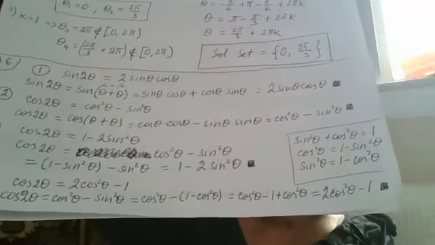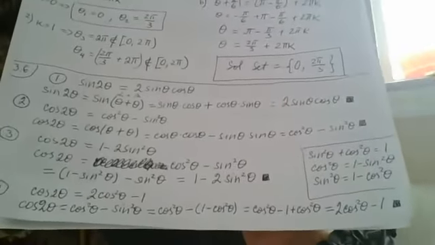Is it the end of the proof? Yes. We are done. You can see I not only listed those formulas, I actually proved all of them. This is how we prove these formulas, and they are quite easy if you know the formulas for the sum and the difference of cosine and sine.